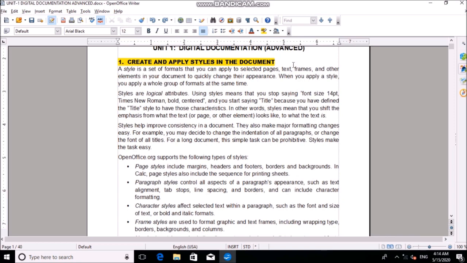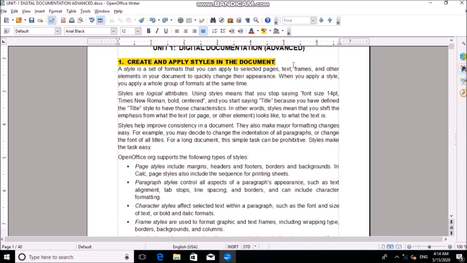Suppose you are creating a new document, and you have written your textual material there, and you have put some special effects, some styles, formatting. You make some content bold, italic, underline, or you are using some sort of bullets or numbering option too in your document.